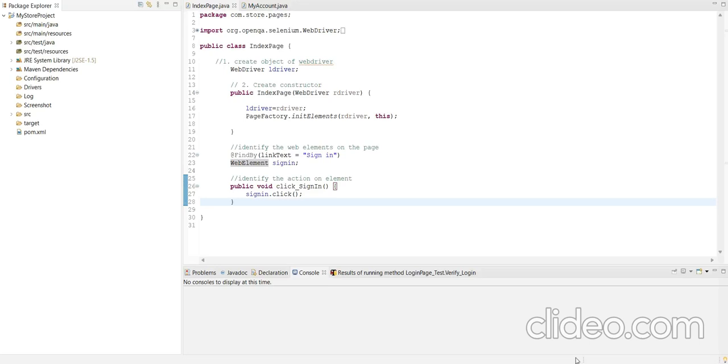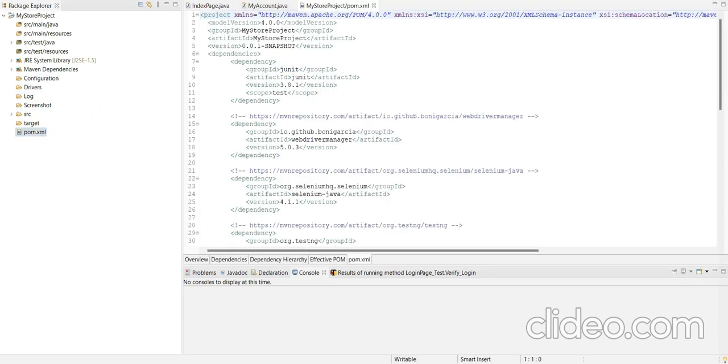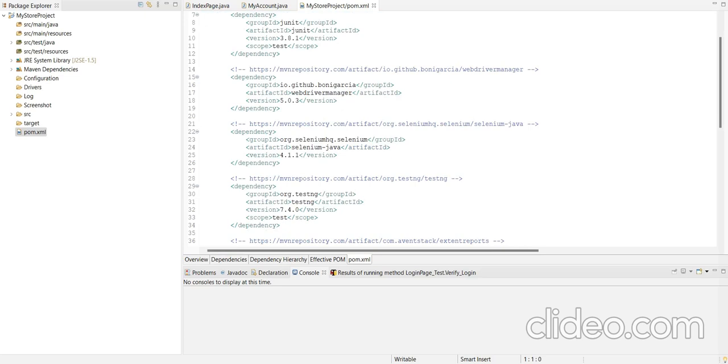In this tutorial, we are discussing Selenium Java framework development. In the previous video, we developed one Maven project and named it Master project. Since it is a Maven project, we get the folder structure: src/main/java, src/main/resources, src/test/java and src/test/resources. Also, we have created some folders for the configuration, driver, log and screenshot, and in the pom.xml file, we downloaded the dependencies from the Maven repositories.